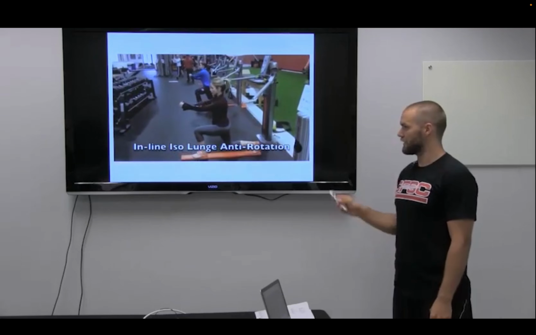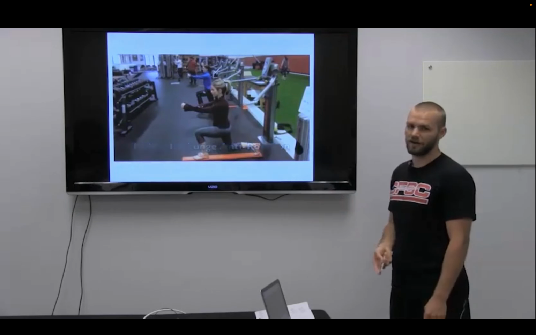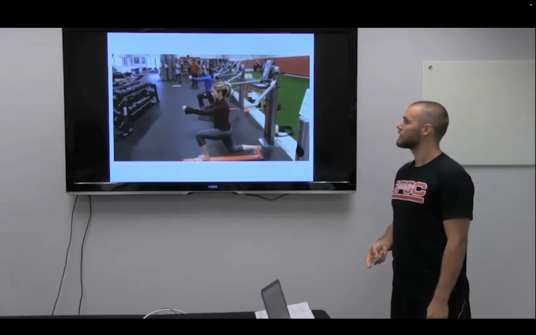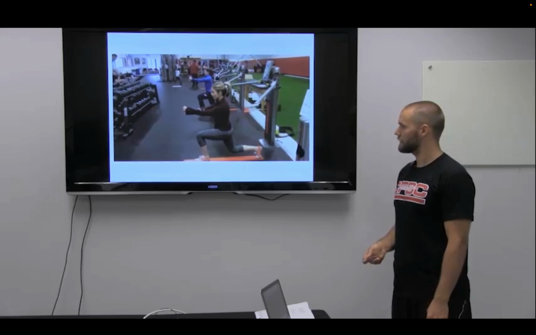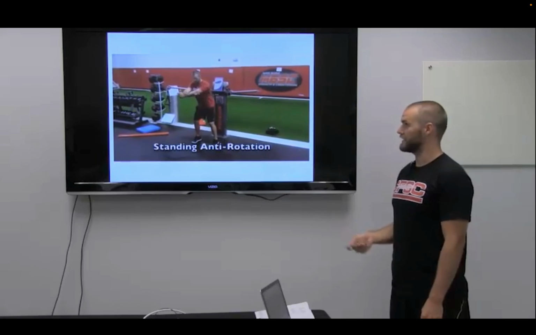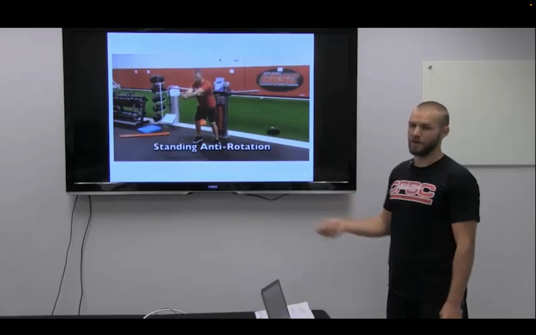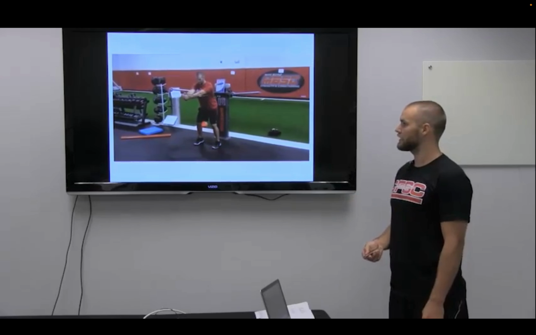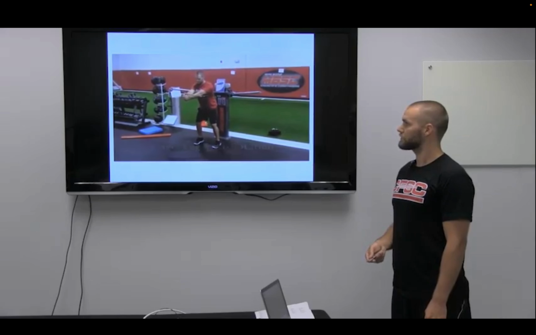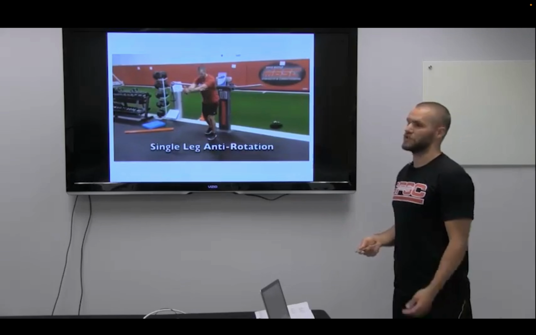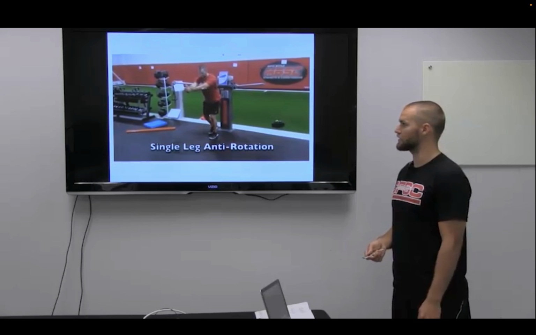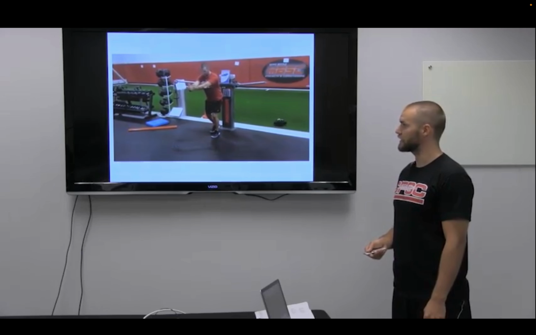ISO lunge, so now I have 2 points of stability, getting even harder. Standing anti-rotation, I have all of gravity acting on my joints. And single leg anti-rotation, the hardest version of this exercise.